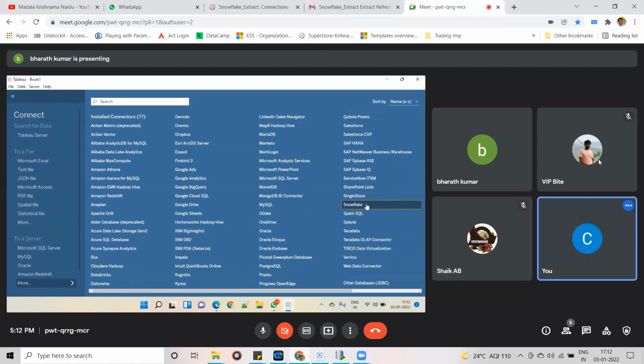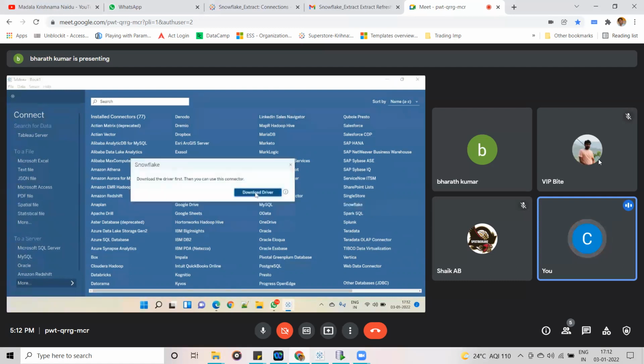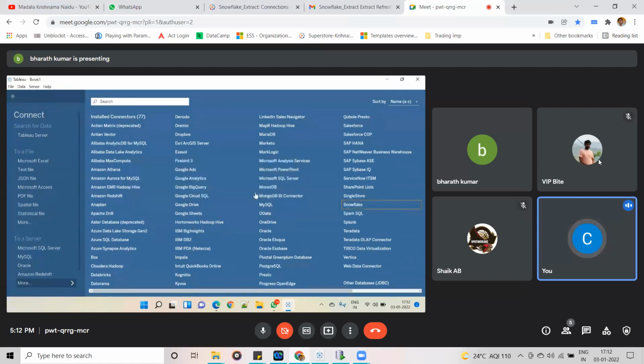Double click. Yeah, download driver. Or there is a small icon, right?